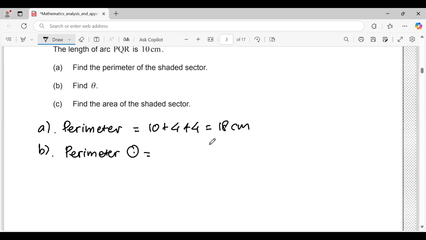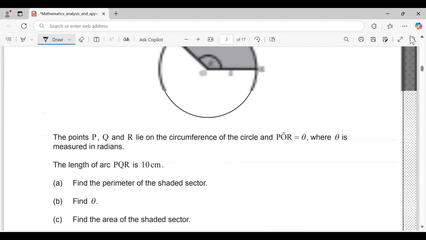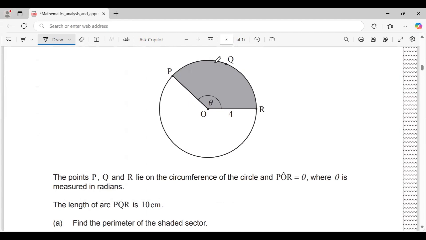The perimeter of the circle, the formula is 2 pi r. 2 multiply 22 over 7 times 4 centimeters. And if you calculate, the result is 25.143 centimeters. So this is the perimeter of the circle. I'm going to show you. This is 10 centimeters, but the perimeter of the circle is